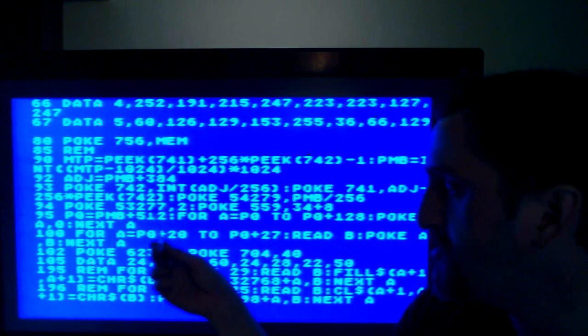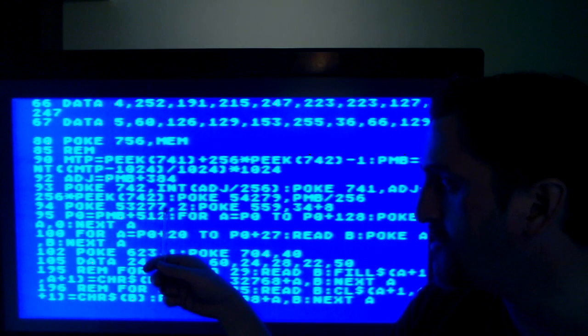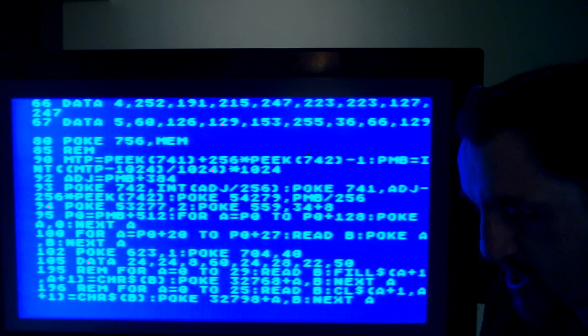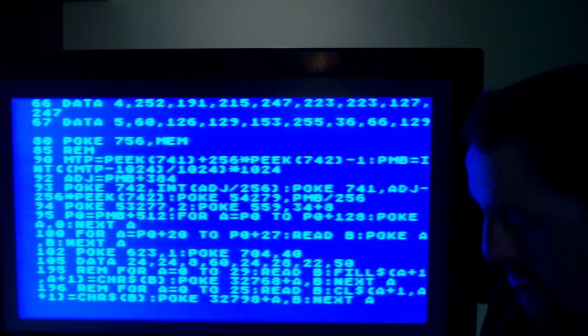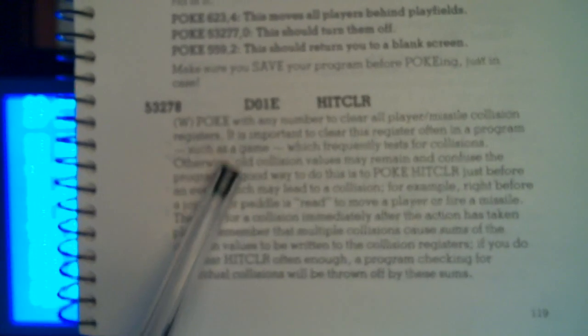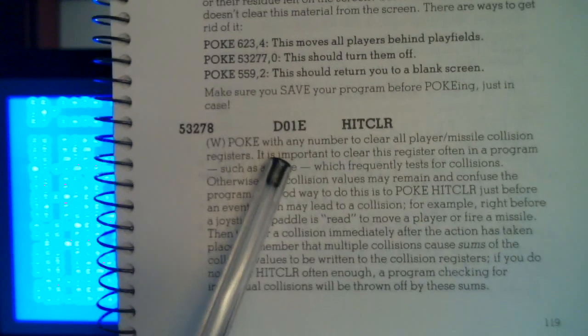Okay, so the next line here, 53277, I think this one is the collision, but let me check. I used to have them always memorized. Yeah, this is actually the collision. If you look in the book here, I didn't show this in the player missile graphics because my original doesn't use collision here, so I'll read this here. Wait, am I looking at the right one? 53278. Oh, 53277. Oh no, it's not. Okay, so I'm right. It doesn't have collision here, so it's just saying used with